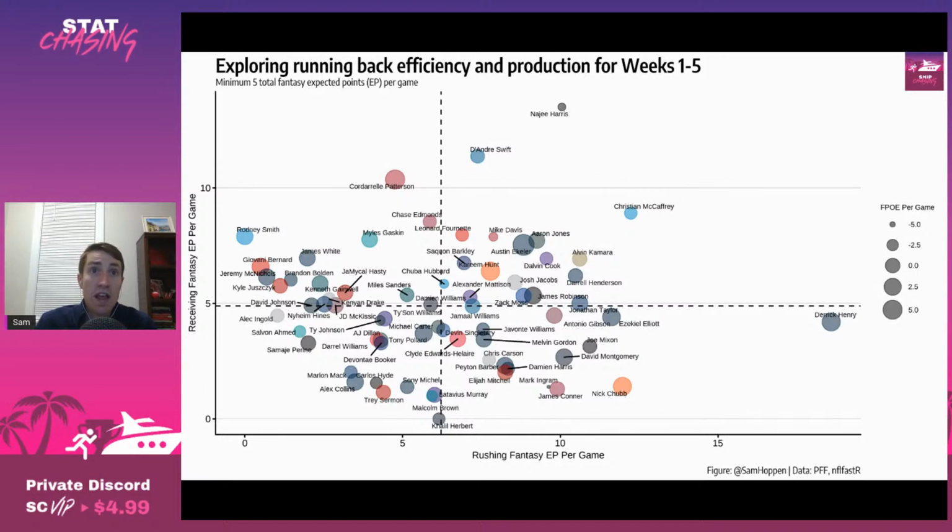They also have a negative 8% pass rate over expectation with Fields as the quarterback. And all told, this is a unique situation in which I'd consider starting both of them if I'm desperate, whether it's as a potential flex option or an RB2, again, with the buys.